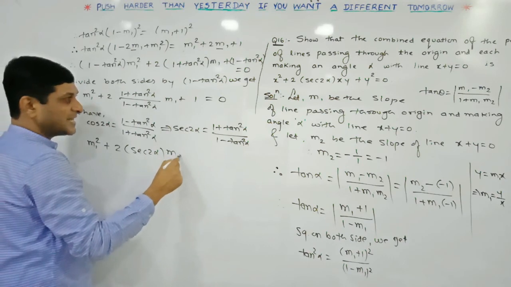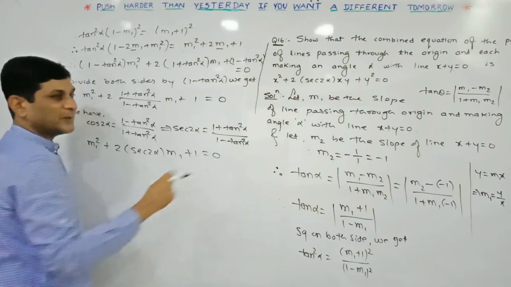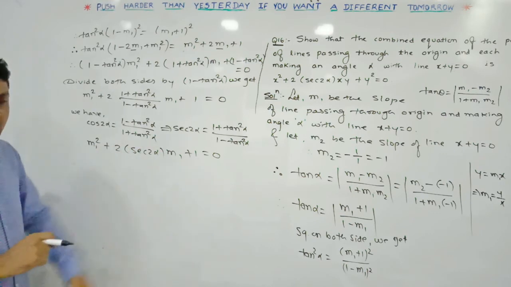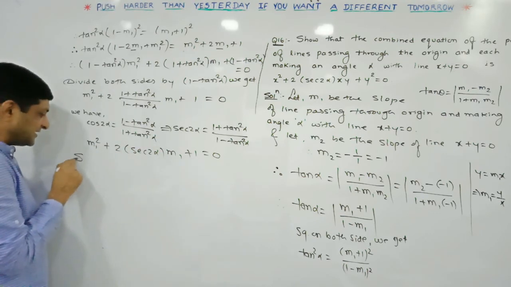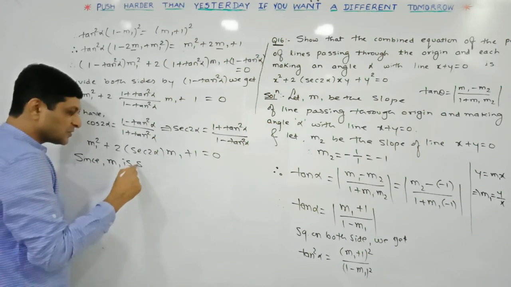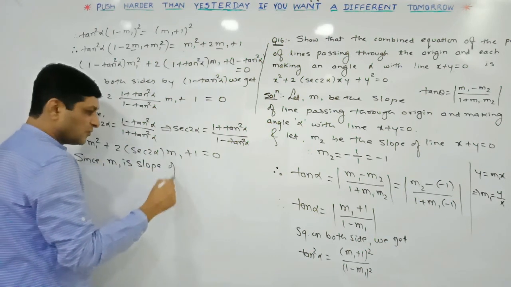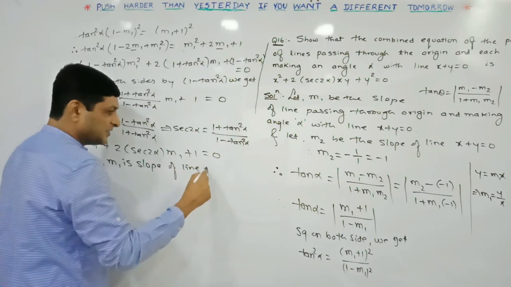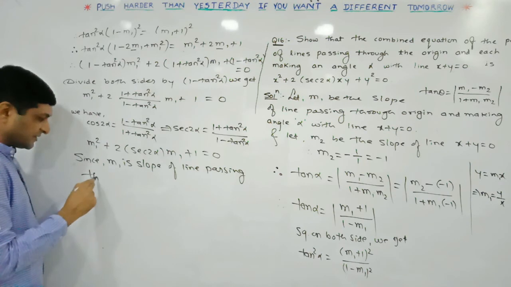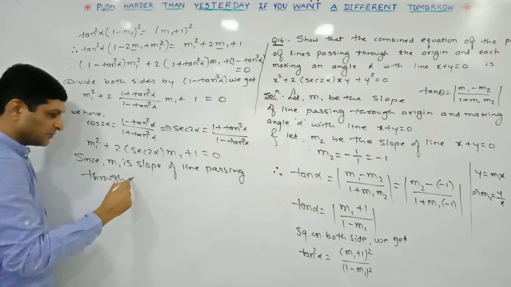Keep this m1 as it is plus 1 also as it is equal to 0. Now we are replacing m1 by its value, by what? y by x. So give here the reason: since m1 is the slope of the line passing through the origin,